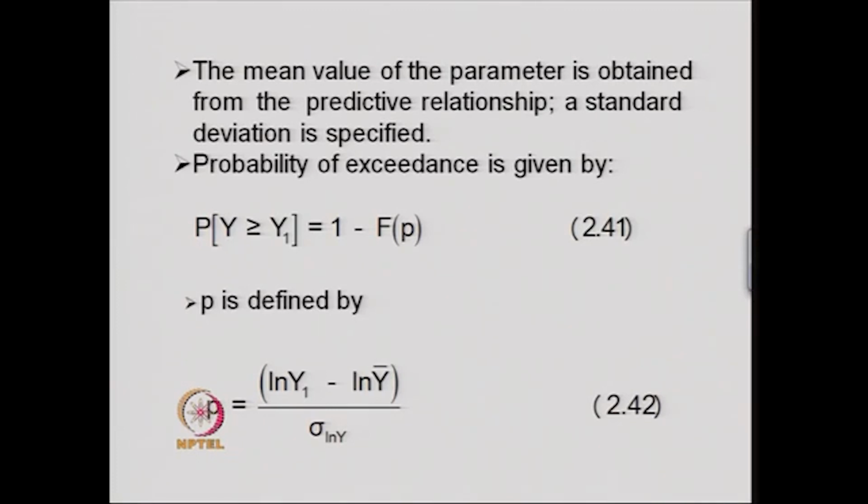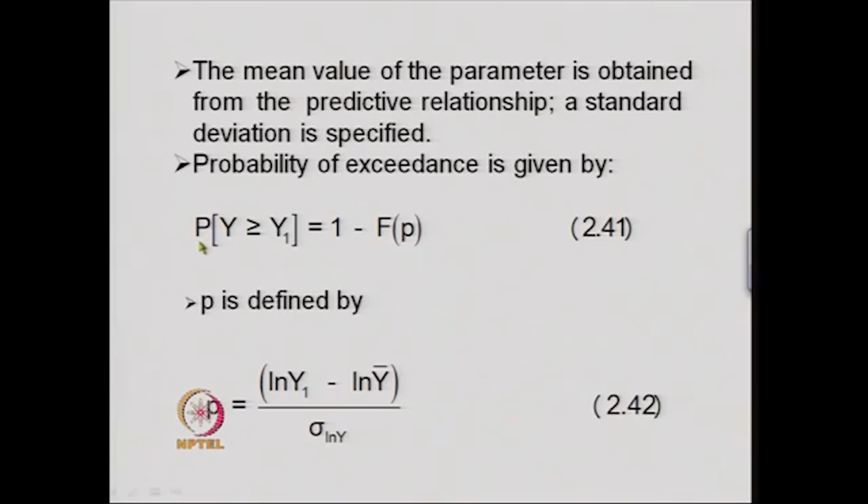The mean value of the parameter is obtained from the equation or the predictive relationships, and there is a standard deviation which is specified. That is, the mean value is provided in terms of log value, and the standard deviation also is in terms of sigma ln of the parameter. Probability of exceedance is given by